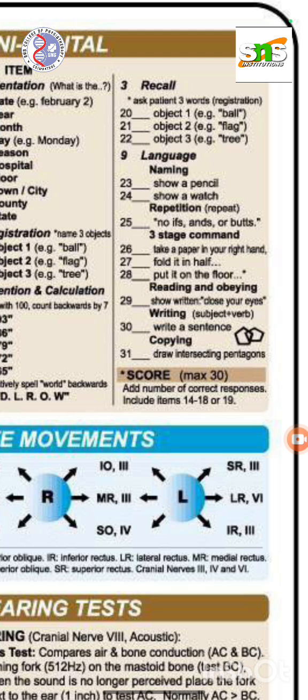3 commands you should obey: take a paper in your hand, fold it in half, put it on the floor. Likewise, we are going to instruct the patient. If the patient takes the paper and puts it on the floor, then he is not obeying our command. Then he is also